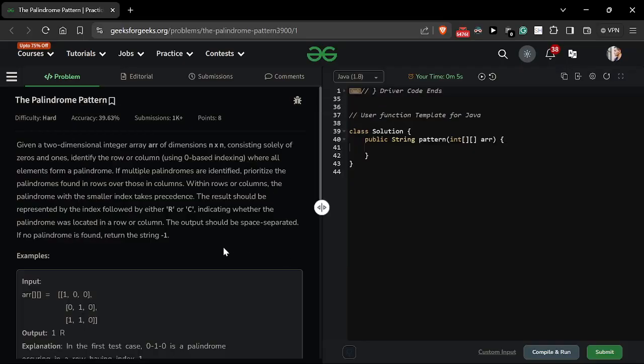Hello and welcome everyone. Our question today is Palindrome Pattern. By looking at the difficulty tag, it is hard, but I must say this question is pretty easy. By looking at the tag, I thought I would solve this in the morning, but why not just give it a